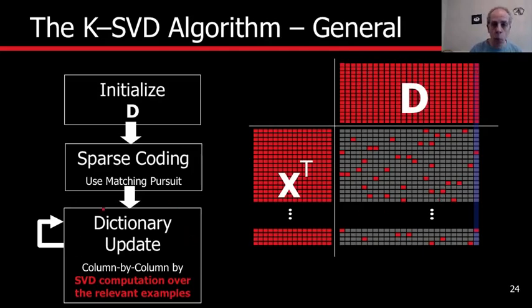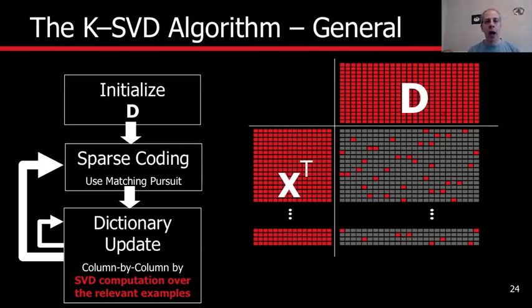Now, after we have updated, we're going to let the signals be encoded again and we iterate. So we start with a dictionary, we do sparse coding, we update the dictionary, we do sparse coding again, we update the dictionary until we converge, or we do that for a prefixed number of iterations depending on our computational capabilities. Now what I have to do is explain each one of these blocks, and you're going to see how